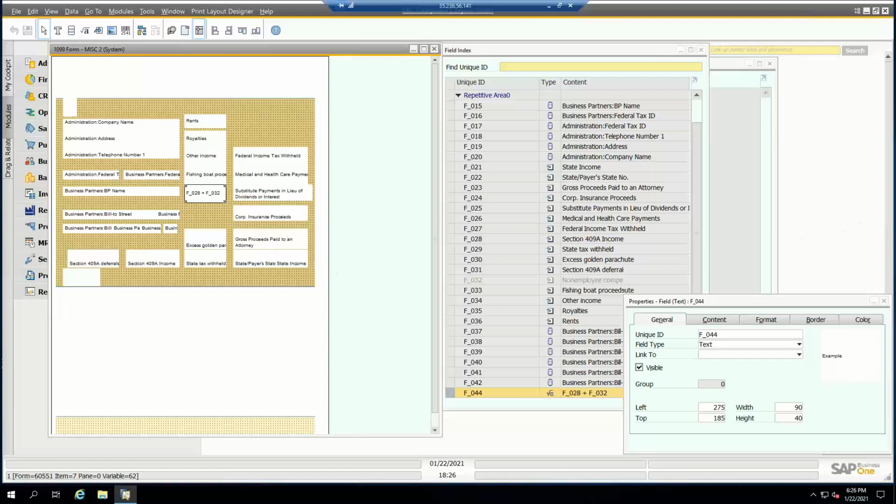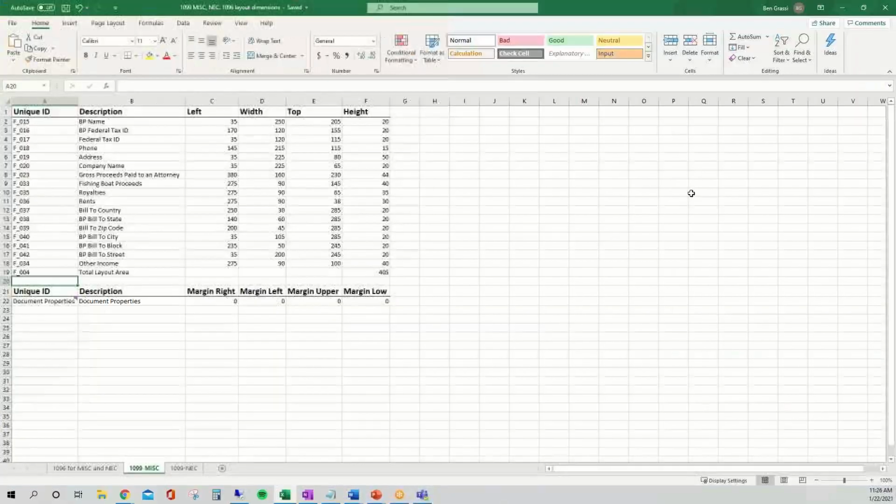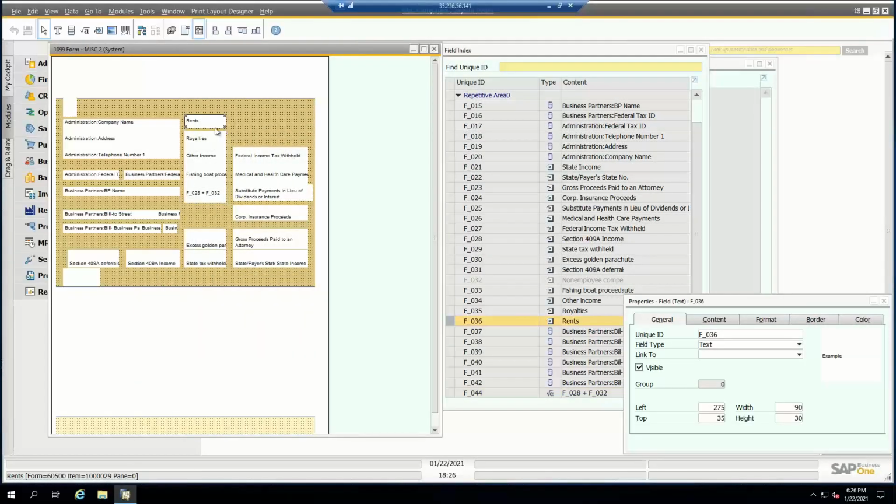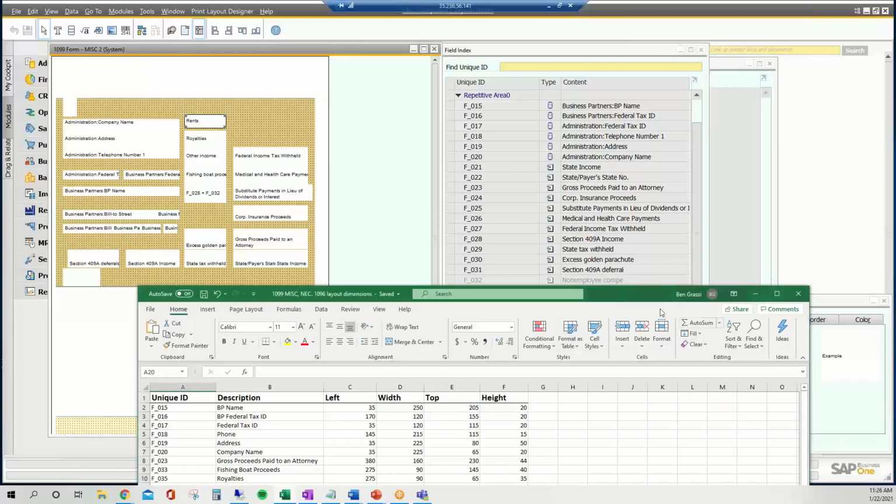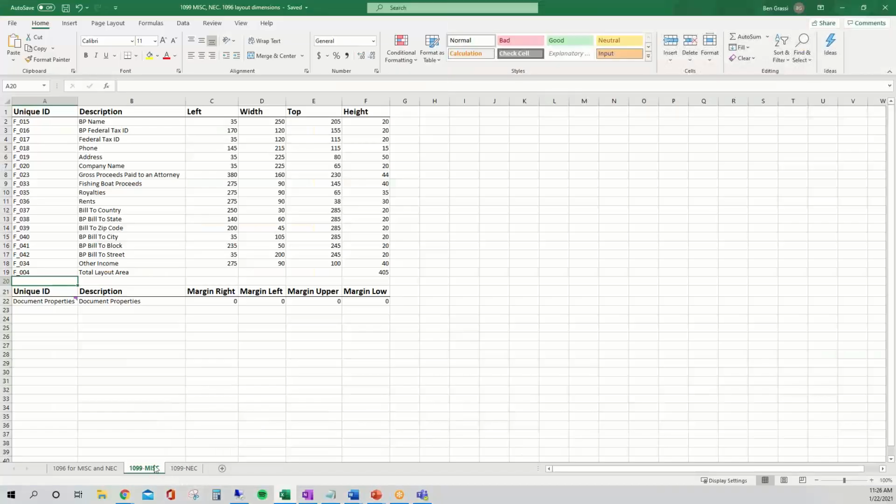Now, to make this easier, we've actually done a test internally on our own SAP Business One system in-house. And I worked on this yesterday with our own accountant. And we determined all of the dimensions that need to be used for all of the different fields to match up to the new forms. So this will be available so that you can actually go in and match up the field. So for instance, if we wanted to move our rent field around, it's field ID F36 here. So in the Excel spreadsheet, we'll go to our 1099 MISC form, and we'll go to the rents column,